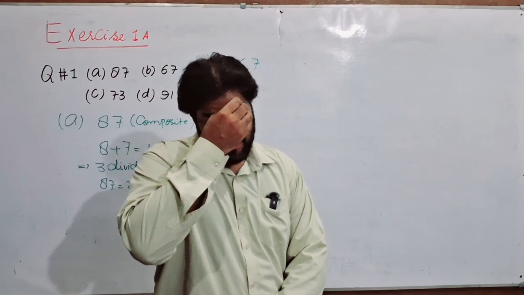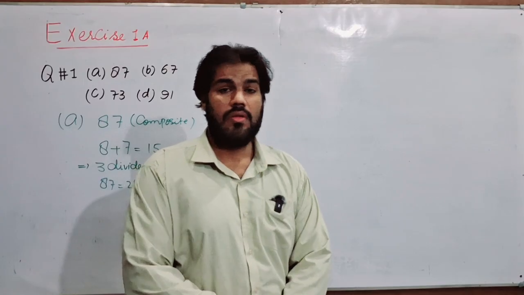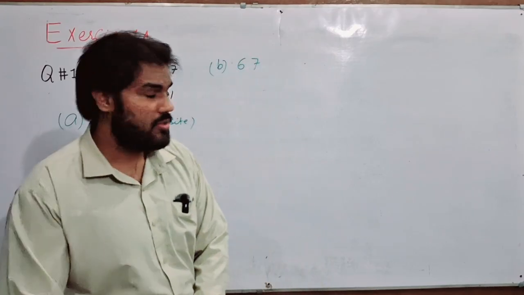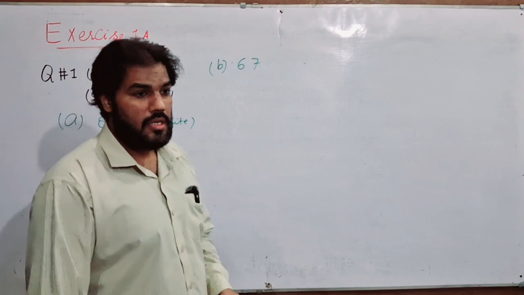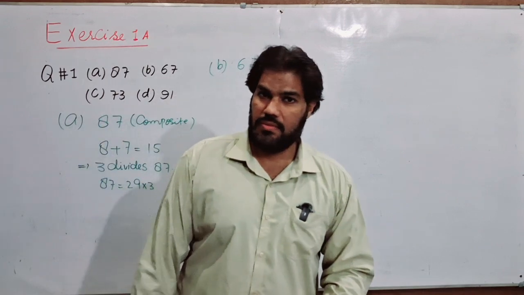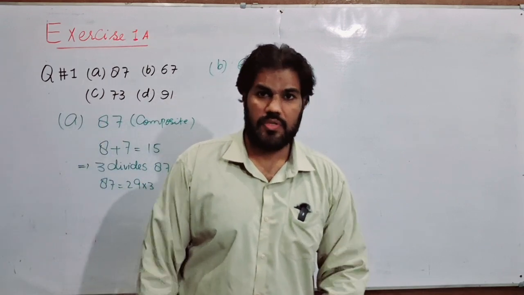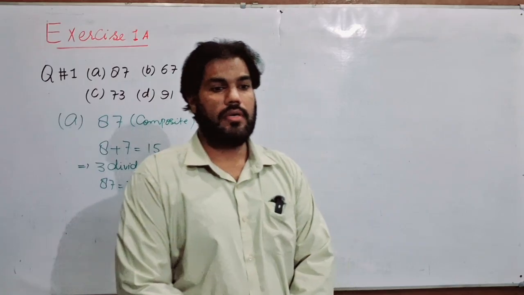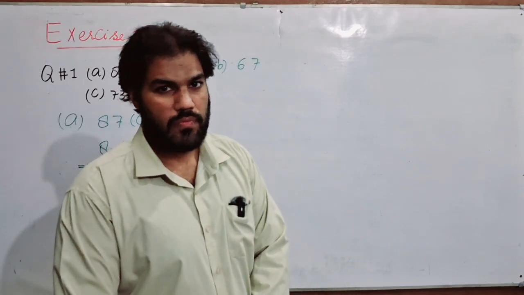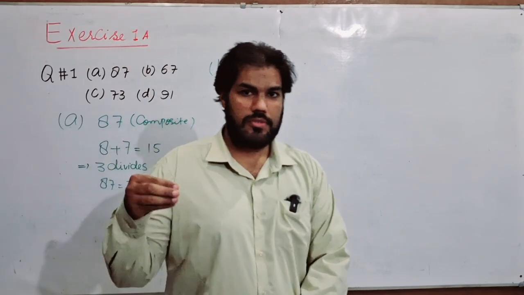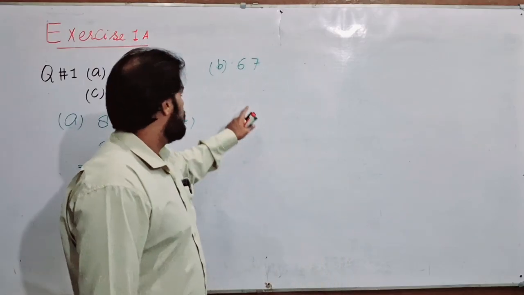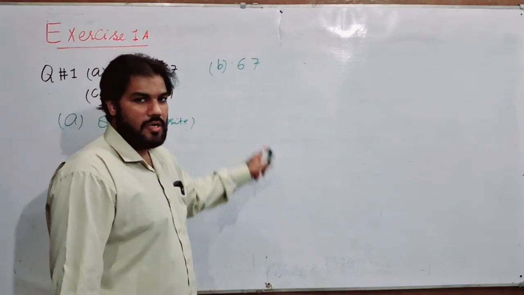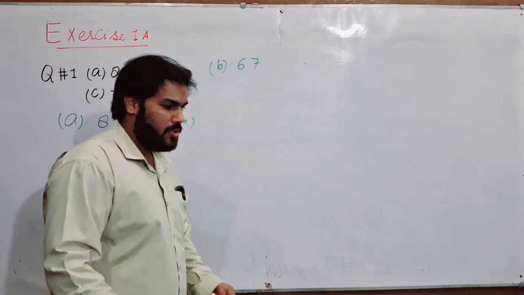Is this number divisible by 7? No. In the table of 7, you cannot find 67. Is this number divisible by 11? No. There is no number in the table of 11 where you can find 67 appear. 13 also does not divide 67. So